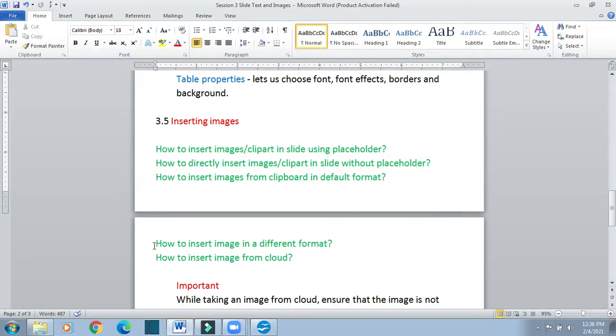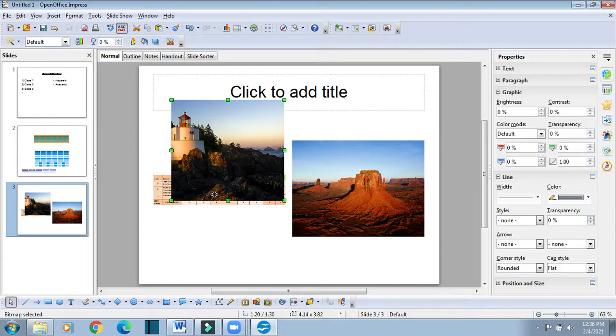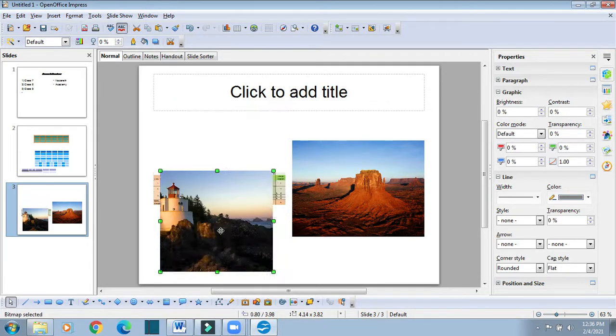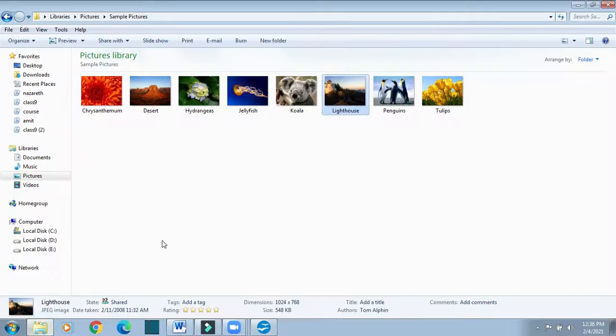Next is how to insert image in a different format. Suppose you got the image in JPG format, and if you want to insert the image in PNG format. So if this format is available, then Impress allows you to change the format of the image also. So instead of going for paste, we will go for paste special. Suppose I have copied this photo from here.